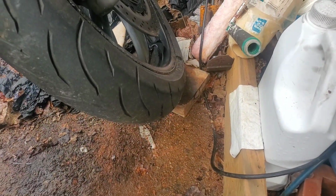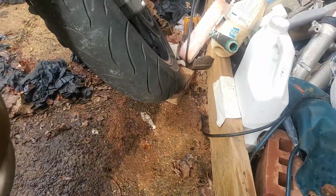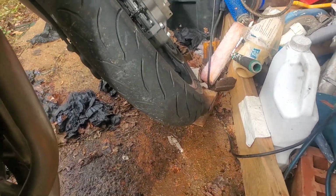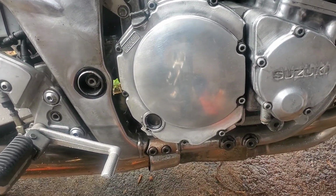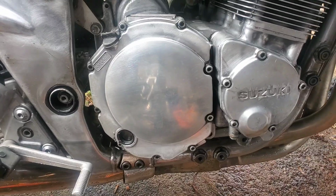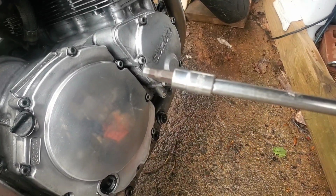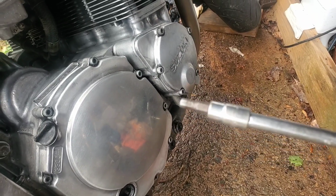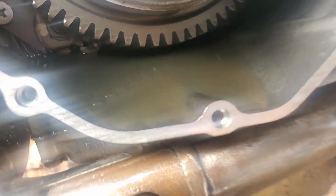Got it propped up on the front wheel and the side stand, the rear wheel, with a piece of 2x6 up underneath the front wheel. And that should give me plenty of angle with how short that kickstand is. But let me get this cover off real quick. And these are number 5 metric. All right, got the cover off, and looks like I get to do an oil change anyway,